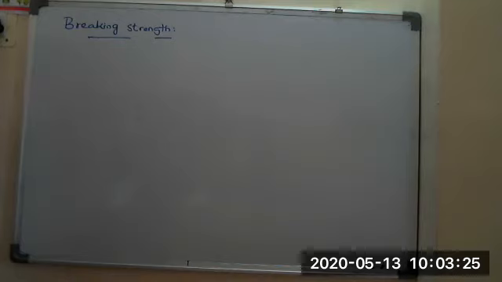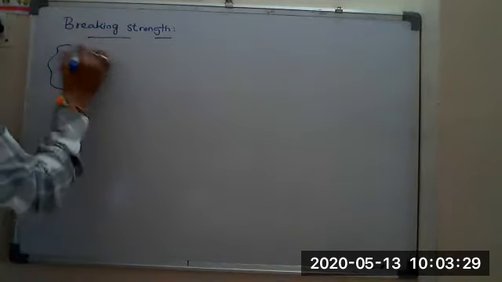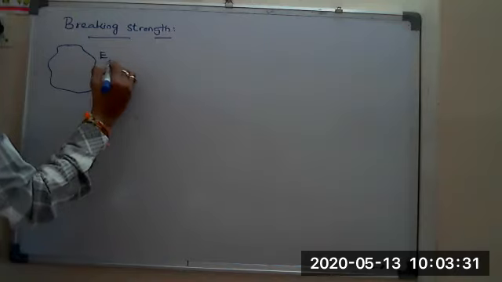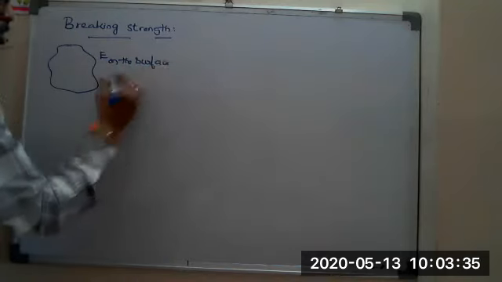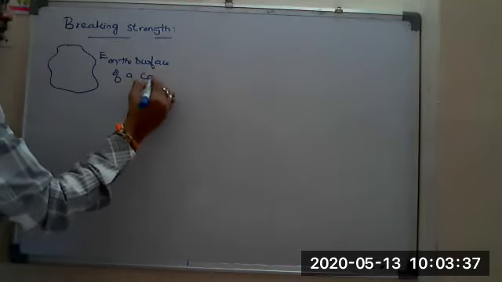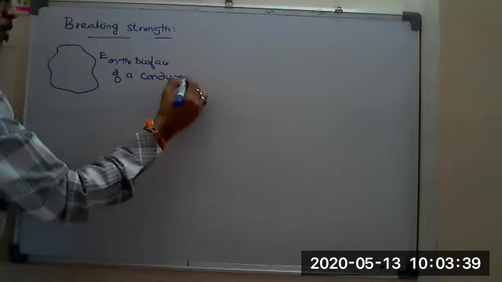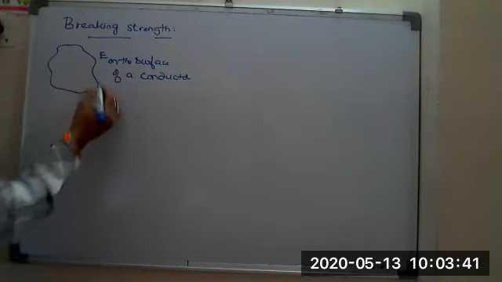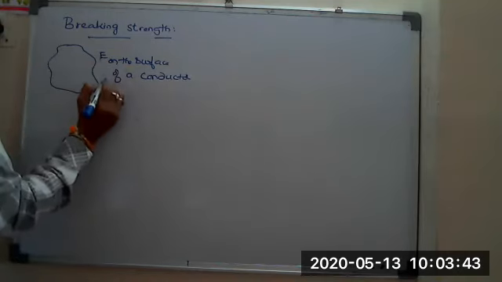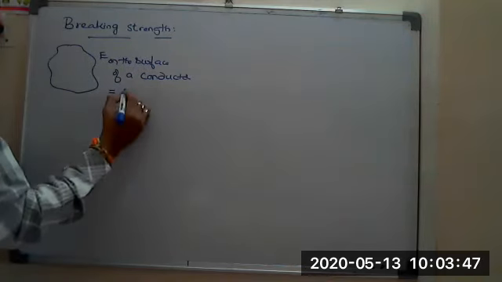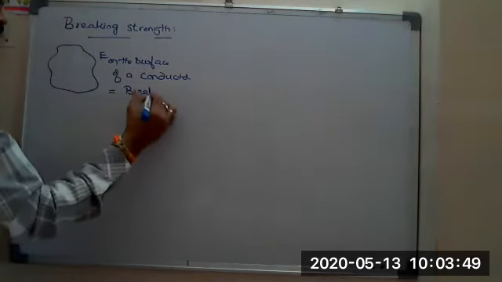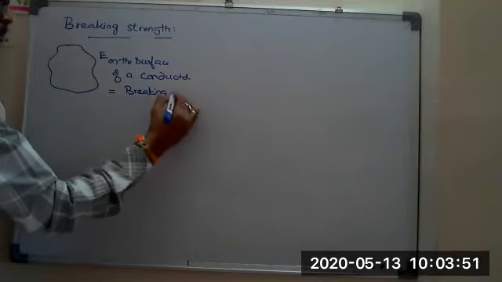The breaking strength is nothing but the field intensity E on the surface of a conductor. If the breaking strength of the surrounding medium is equal to E on the surface of the conductor,